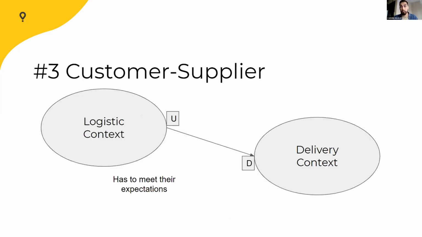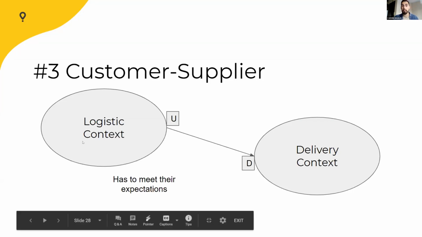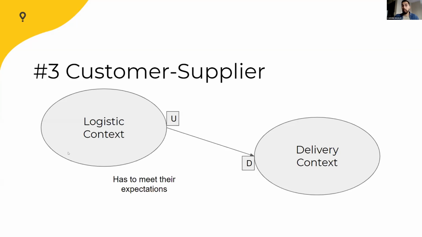Another pattern that we can find very often are patterns that track a customer-supplier relationship. This means that there is a bounded context that has to meet expectations for another bounded context. It acts as a server. For example, when an order is assigned, the delivery context expects an event, and so we are creating an upstream-downstream relationship. The success of the delivery context in some way depends on the success of the